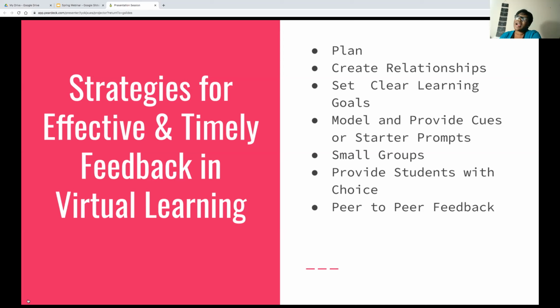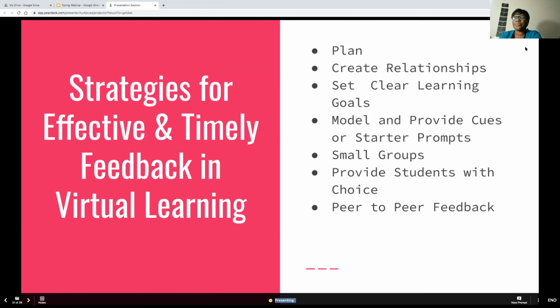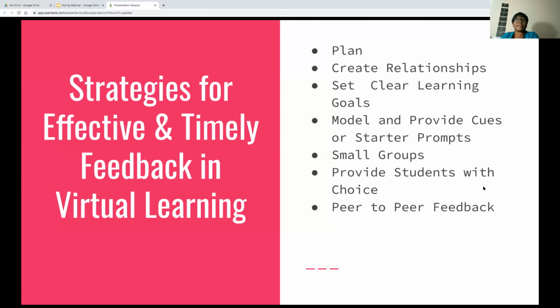So when the teacher has a relationship with the student, where the student knows that this is coming from a good place, accepting it and working on it is easier. It's very important to set clear learning goals in the classroom. It's important that you model it for the student to see what you want them to do. And you can use small groups as well to differentiate, so that at a particular time, you don't have every student working on one activity that you need to give feedback to.